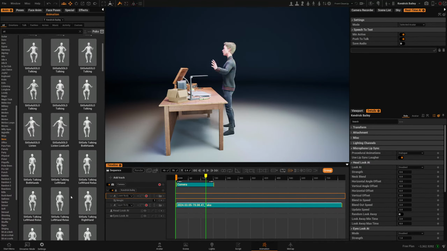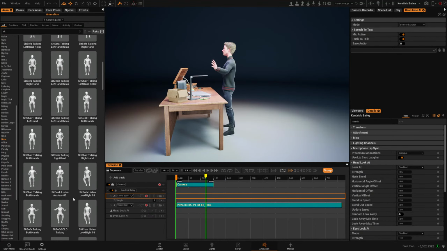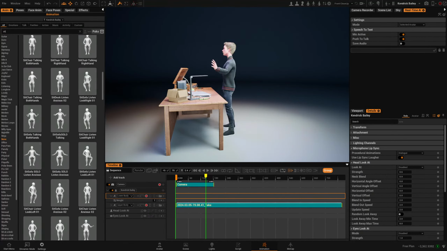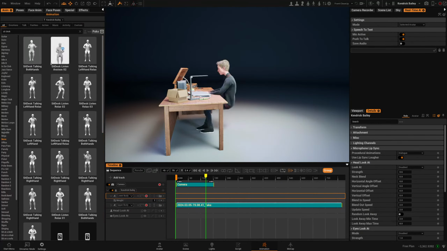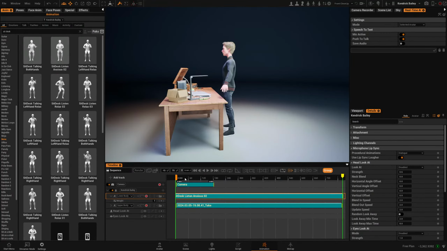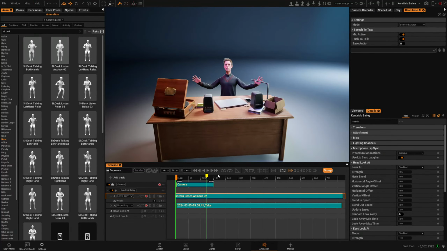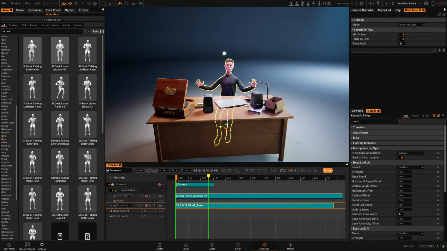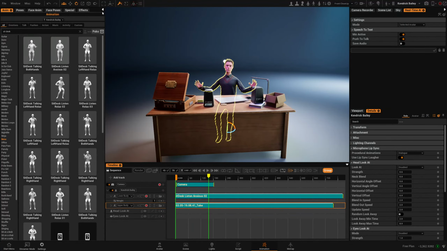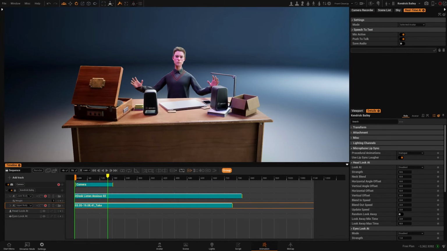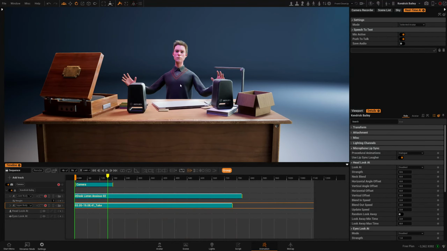So let's say we need not the sofa, we need a desk. Here we go. Now I have that animation loaded. I can move this around a little bit if I need to. And if you're doing YouTubing or streaming, it's always good to have this character also look at the